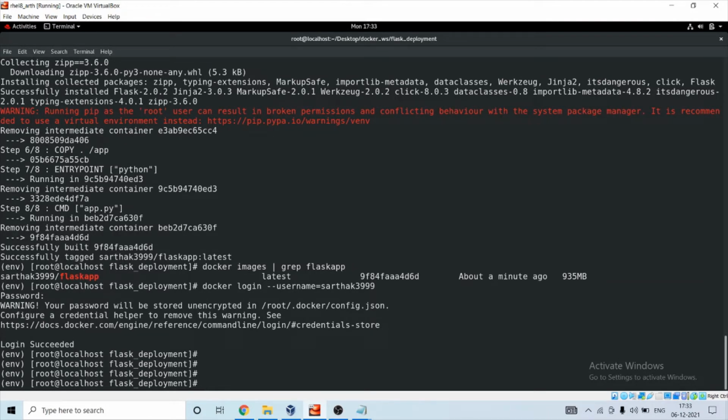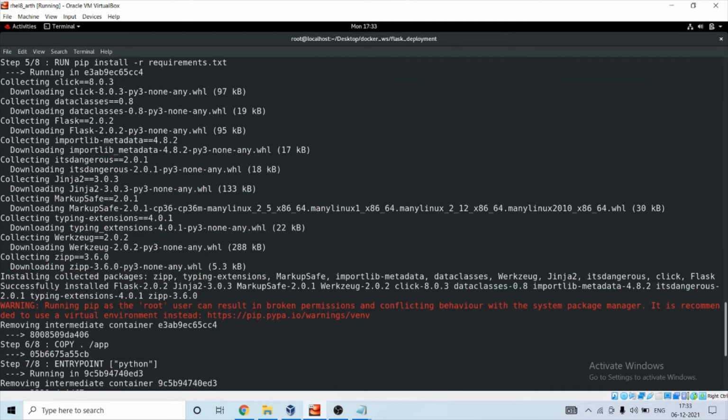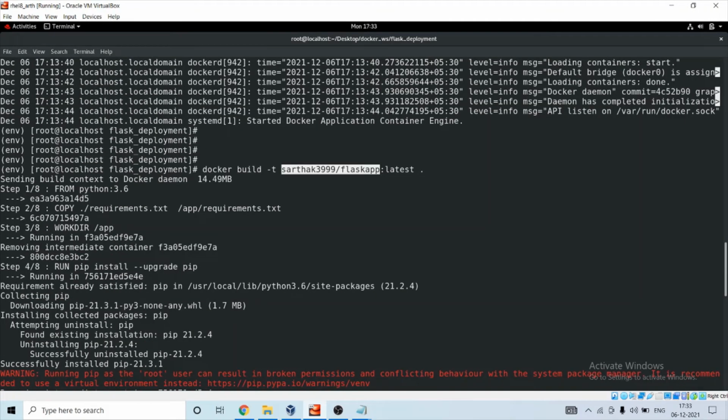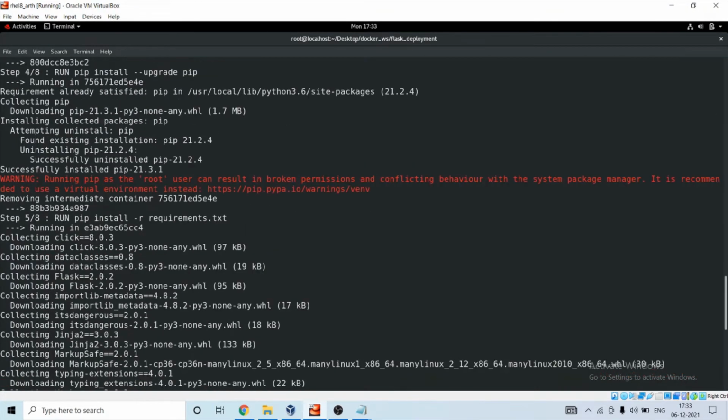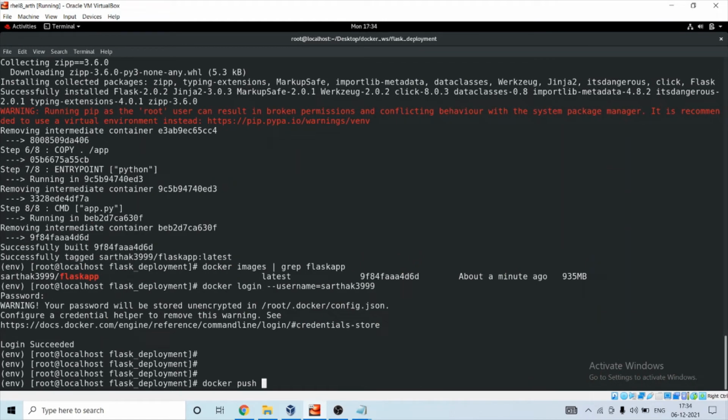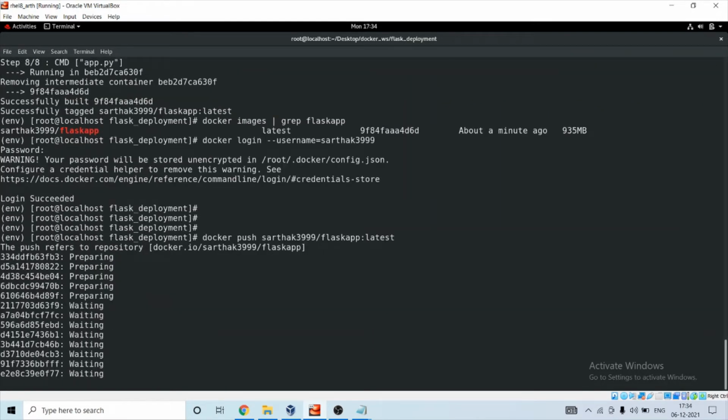So I will push our image to Docker Hub. Docker push. We'll copy this, with the latest tag. So it has started pushing my image to Docker Hub.